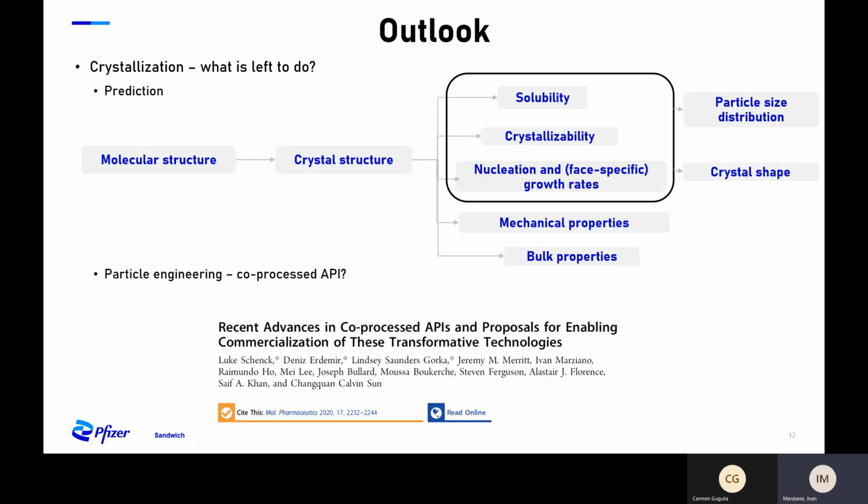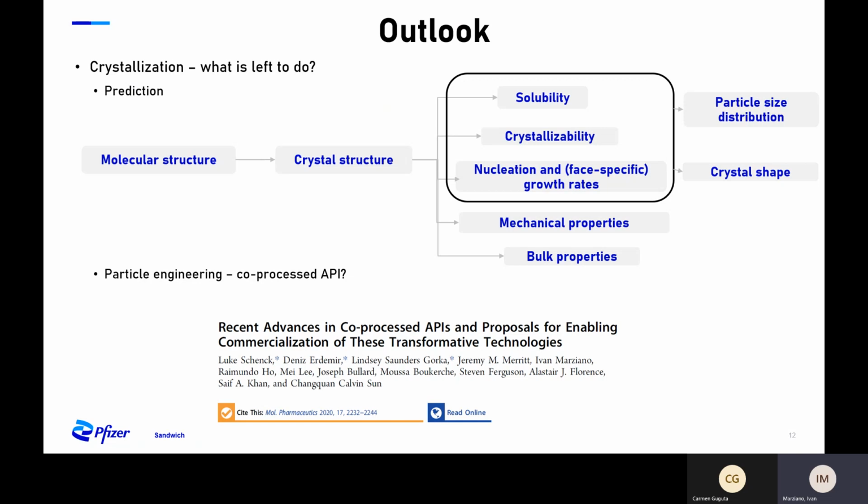So just as some closing points for me, really. I think we've actually gotten pretty good at crystallization, which is not to say that we can do everything. So I think when it comes to experimental traditional crystallization, we have an array of tools that can help us to understand and develop robust and reproducible processes, scalable processes. However, where I think we still have work to do is around the prediction elements of